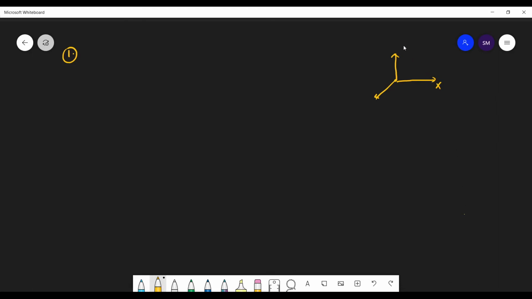So students, we have x-axis, y-axis and z-axis. So that's your x-axis, y-axis and z-axis. Then you have i cap, j cap and k cap as unit vectors in these directions. Okay. Now the same figure, I can draw it.